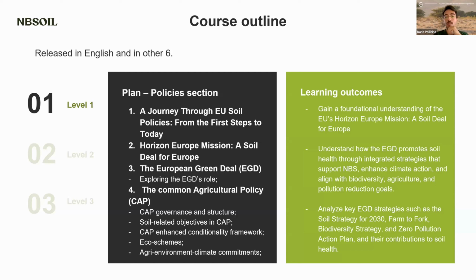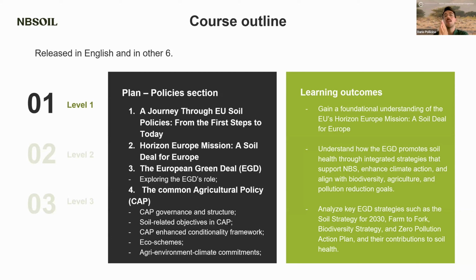So these are some of the policies and strategies that are included in the European Green Deal and that we have analyzed. Then, of course, we decided that we had to focus in this very first level of Module 4 on the Common Agricultural Policy, as it is one of the most important policies at the European Union level that have a very strong impact on soil health.